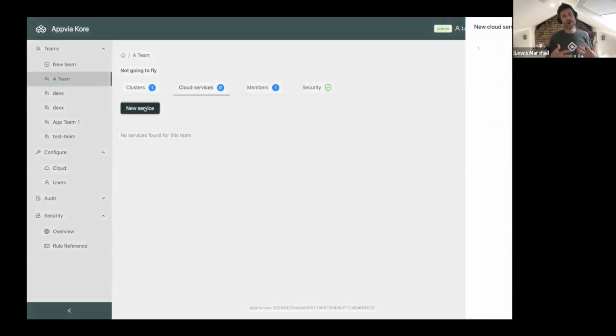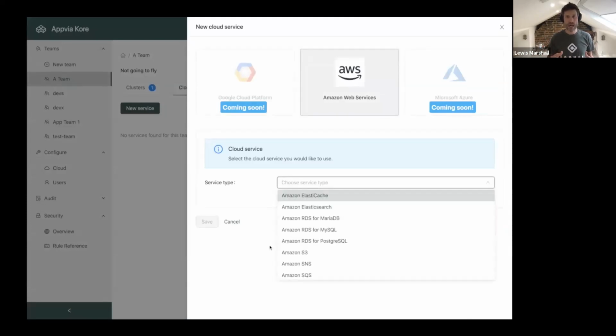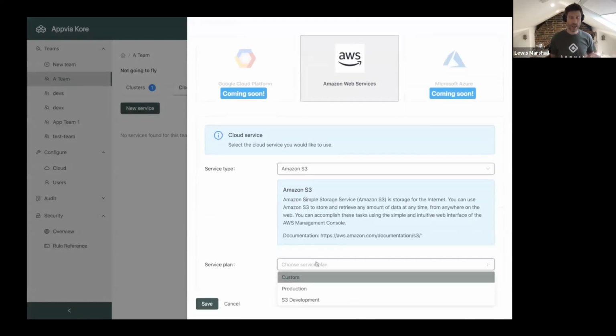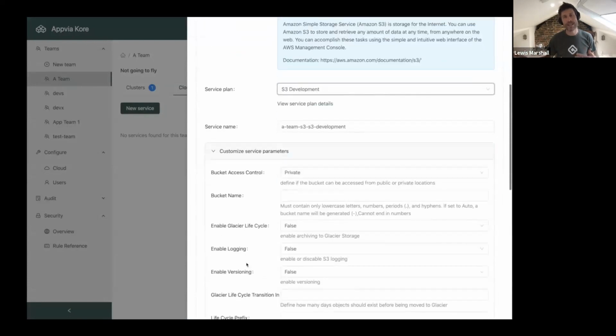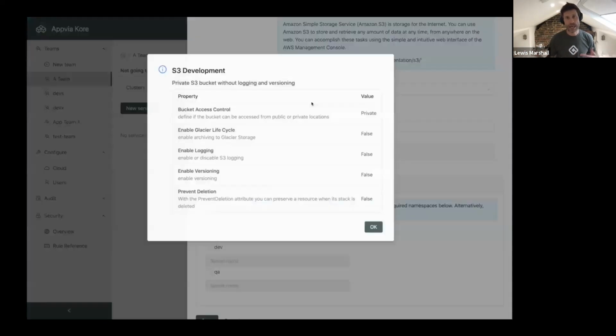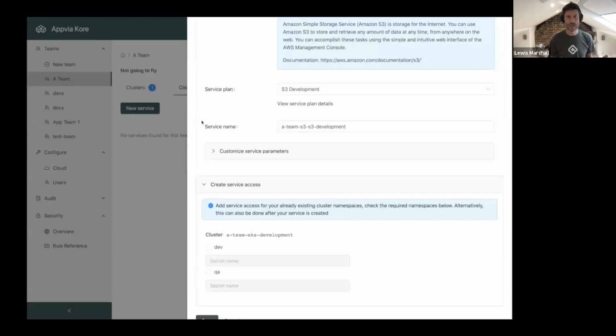Now, this demo is all going through consuming cloud services from a user interface. We have custom resource definitions behind the scenes providing the reconciliation of these services, and obviously CI/CD capability to enable the developers to consume these under the hood.